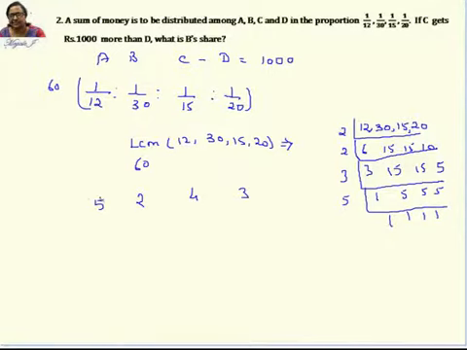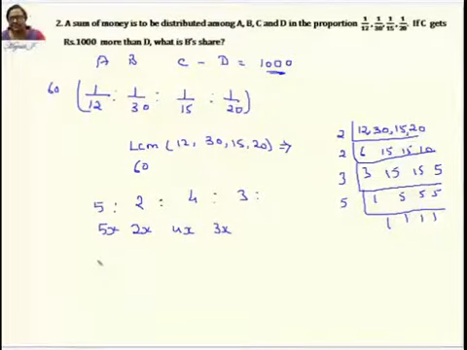So now we have converted A, B, C, D into the ratio 5:2:4:3. And now you're going to have some values here, right? 1,000. So what you should do is convert this into values by taking it as 5x, 2x, 4x, and 3x, and find the difference. Now what is the C and D difference here? You know this is C and this is D. The difference here is x, which is equal to 1,000. Therefore, your x is 1,000. And you are asked to find the value of B. So if x is 1,000, then this is going to be 2,000. That's the answer. It is just to see how to convert this fraction into integers and then solve this problem.